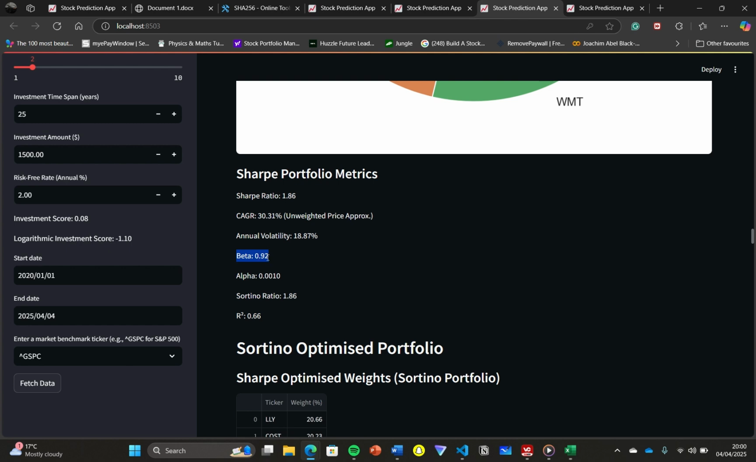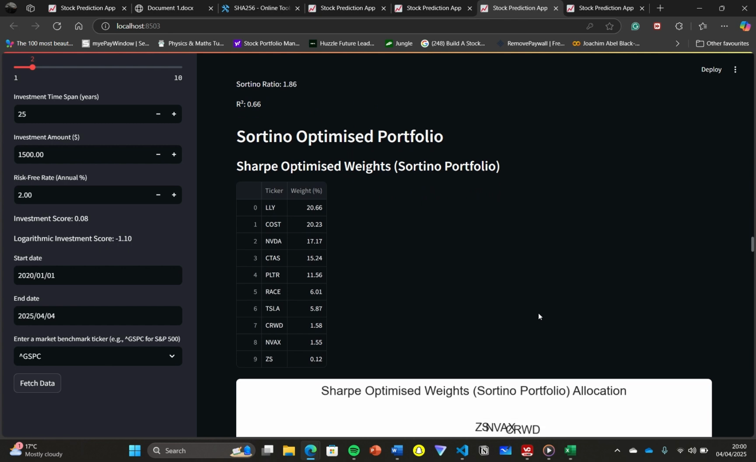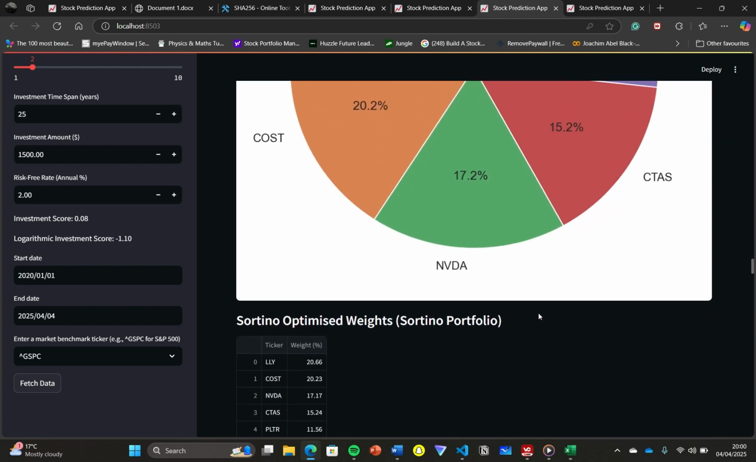against the market as a whole, showing this is slightly less volatile than the market. Alpha, how much my portfolio beats the market by. Our Sortino ratio, the exact same as the Sharpe one, and our R squared. This is a correlation coefficient that measures the correlation of price fluctuations between my portfolio and my benchmark, in this case the S&P 500. Here we have the Sortino optimized portfolio, the exact same thing, apart from we are now